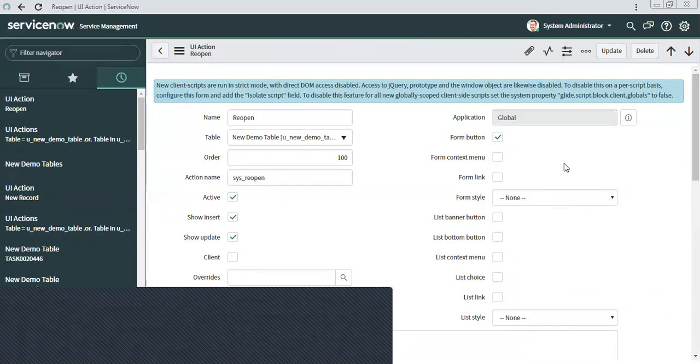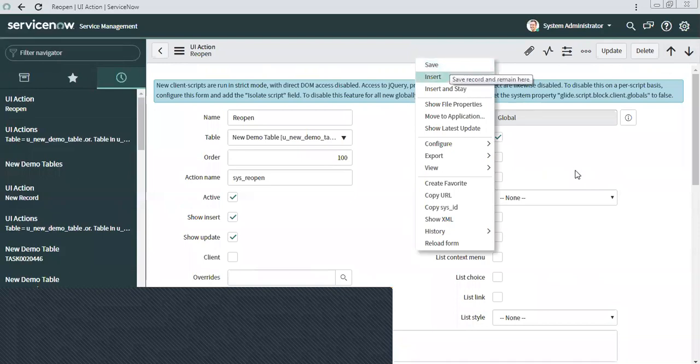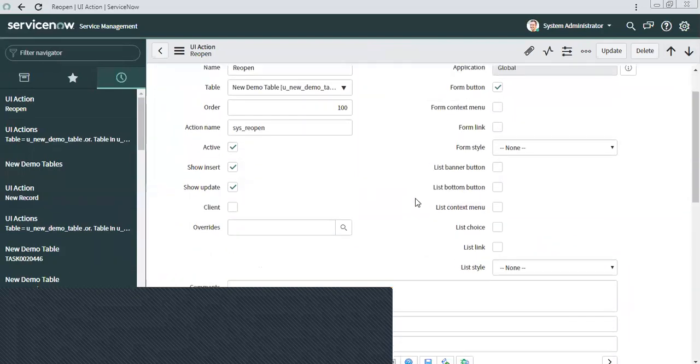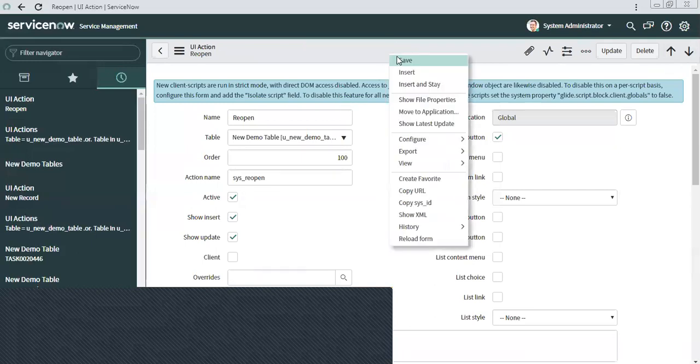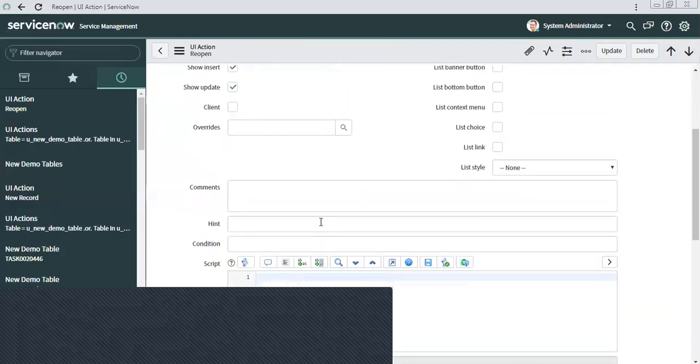It depends, right? The submit button is something you just click here only, because it's just a button you want on the form. You don't want the user to right click and then submit. But save you will see here as well. So that is how it works. This save is context, right? Yeah, form context menu.